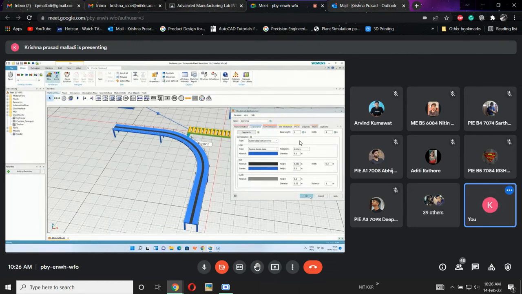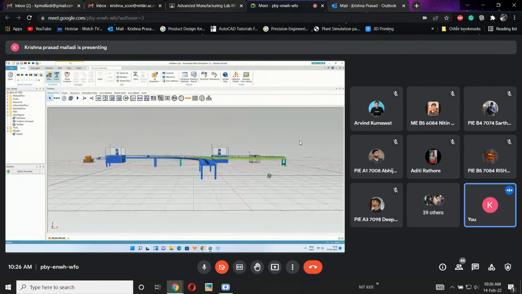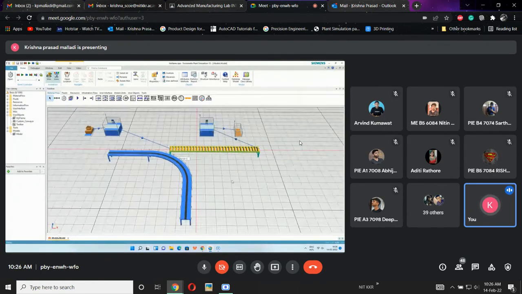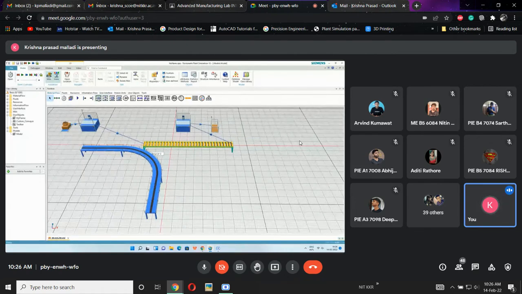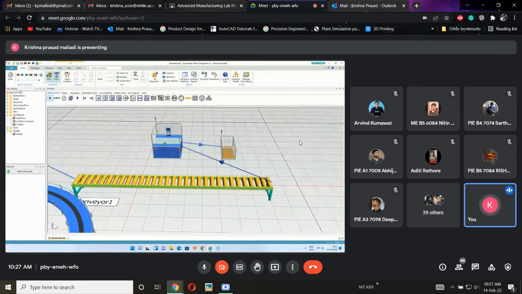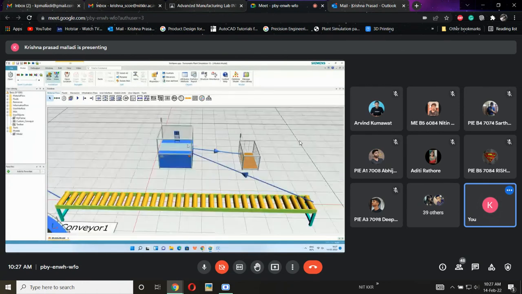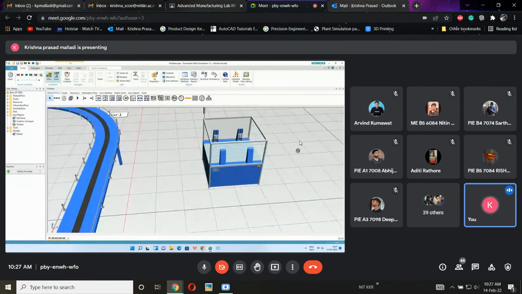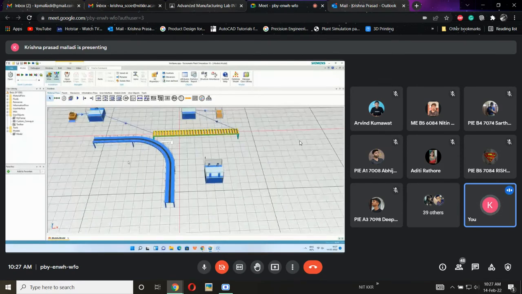Clear? This is how we are going to modify the conveyors. Rest is small, similar, same mission we have done. If I click the parallel station, see here how many workstations it is having. It is having only one workstation, but in this one we will be having 4, which means let me